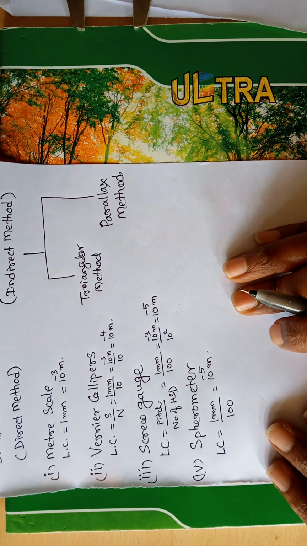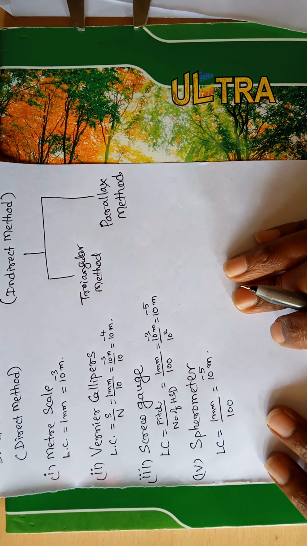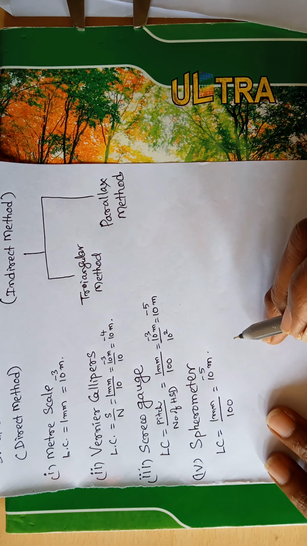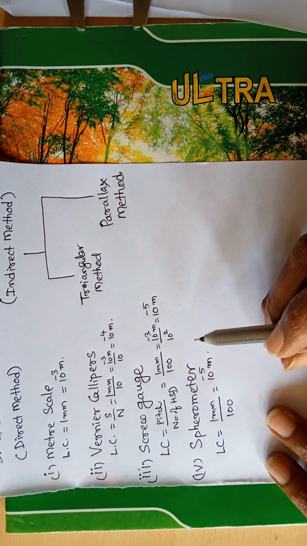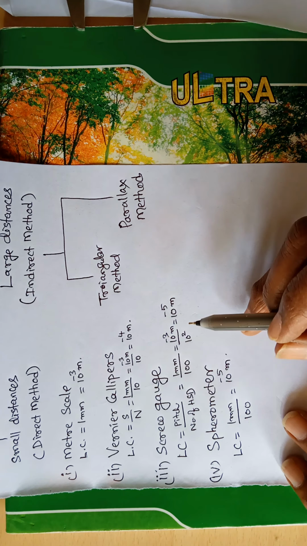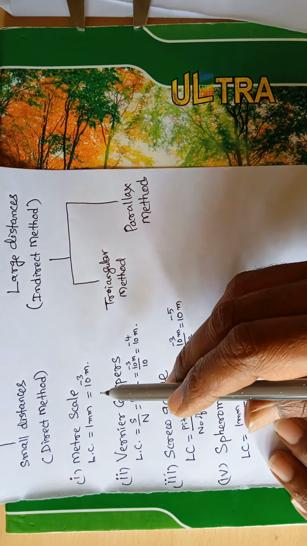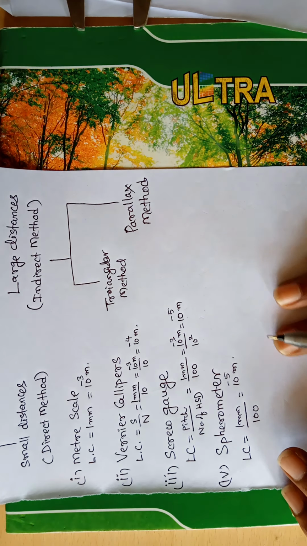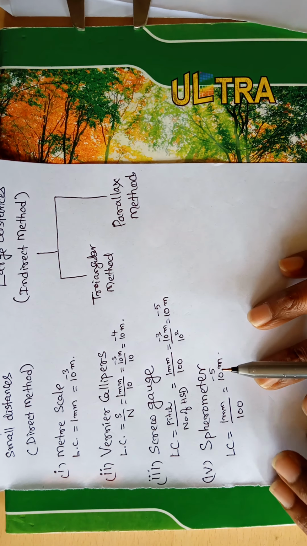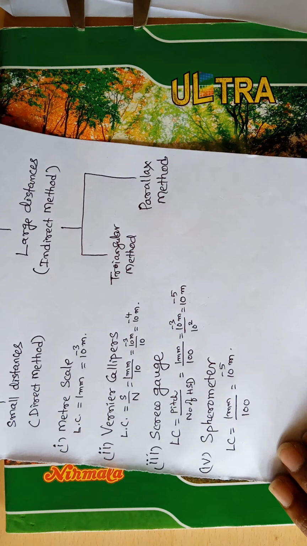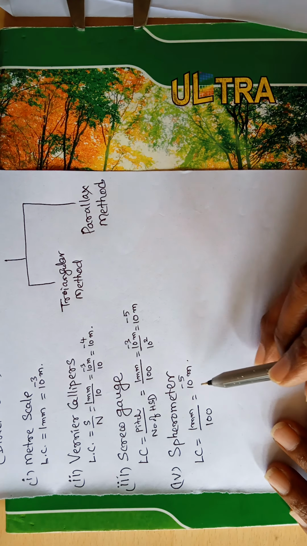Whenever more accuracy is required, we make use of the screw gauge and spherometer, especially for thickness. Vernier calipers is used to find length and breadth, and the meter scale is mostly used in our daily life. And for what purpose is a spherometer used? It looks a little different, having 3 legs. This spherometer is used